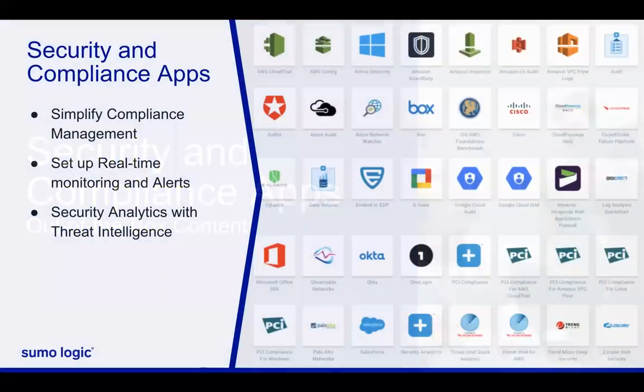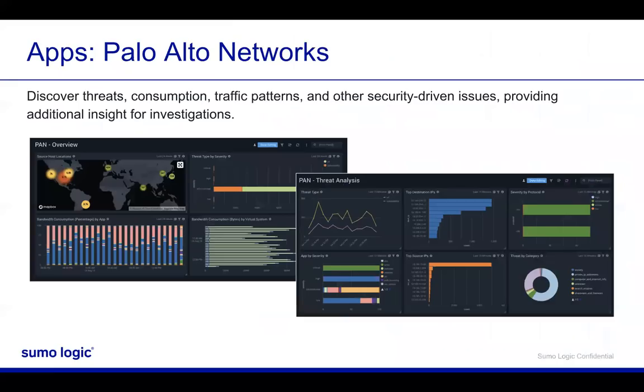And I won't be able to show you everything because there are tons of them, but essentially these out-of-the-box apps help you set up real-time monitoring and alerting. They really help you with this whole threat intelligence that I was talking about. They help you simplify the compliance part of your job. And although I can't show you everything, I just want to page through a few of these